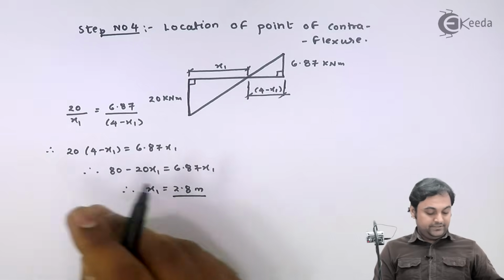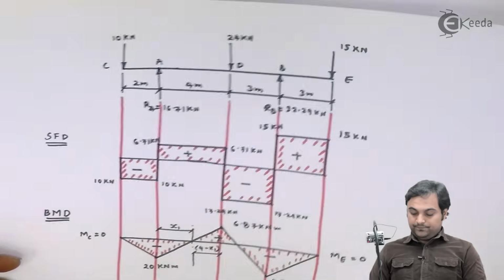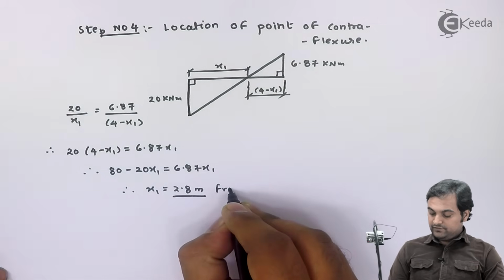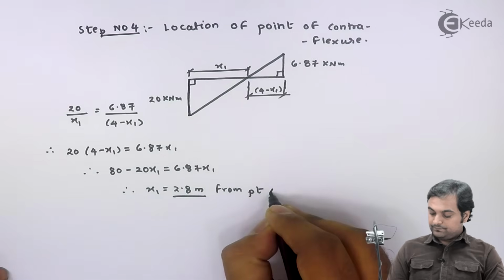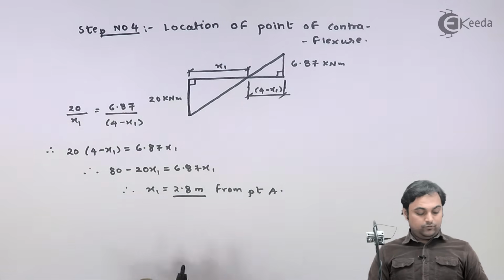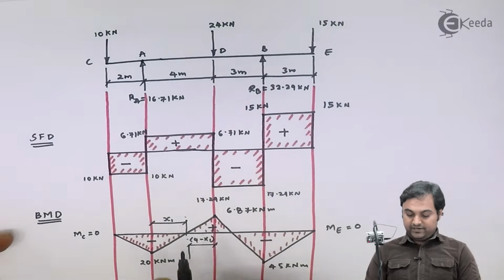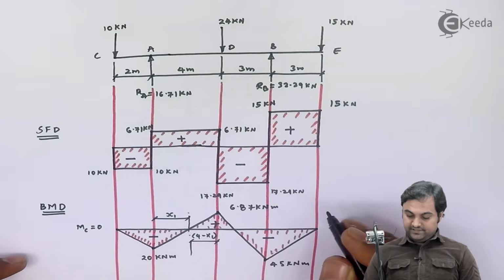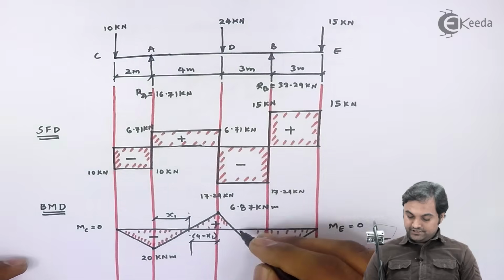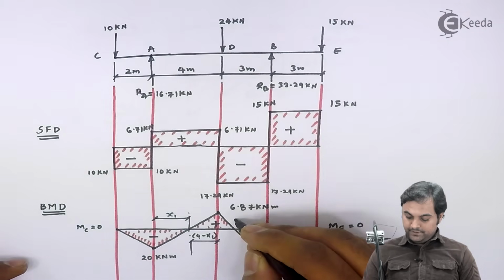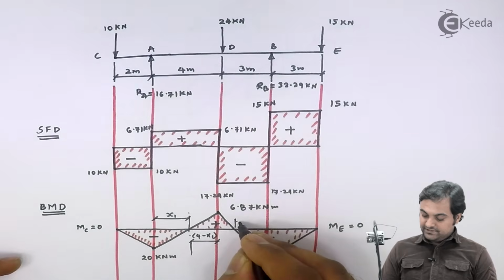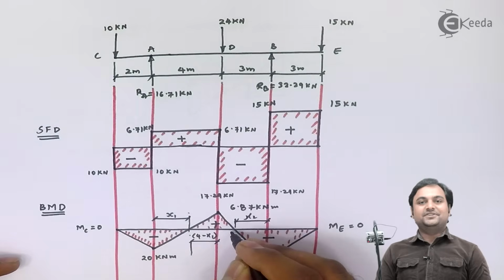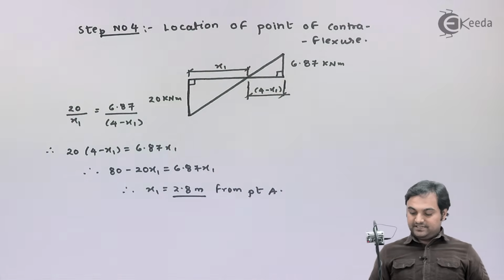This 2.8 meter is from point A. So I have located the first point of contraflexure. Next, I will locate the second point of contraflexure, and I locate it with respect to point B. I'll call this distance x2, where the bending moment becomes 0, and again I'll say that by similarity of